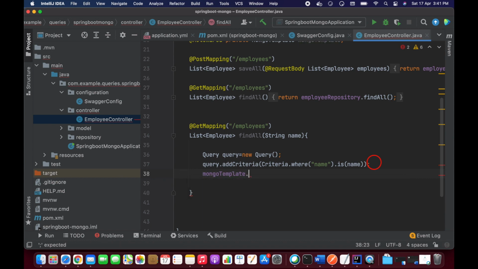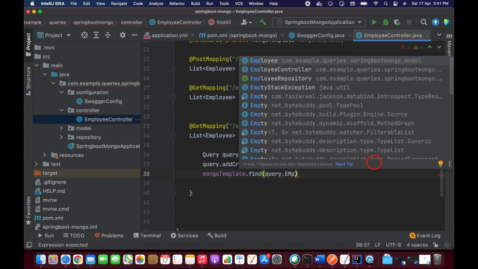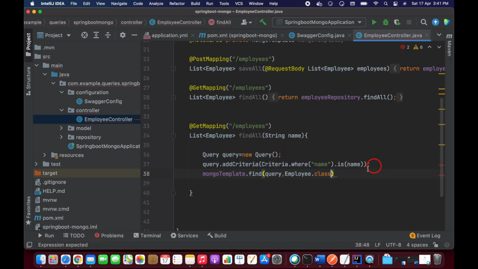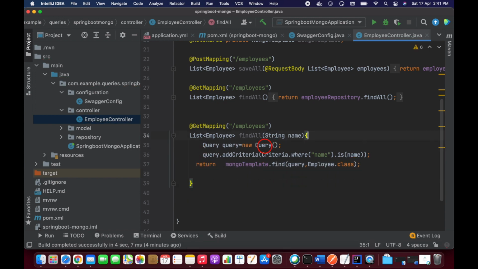MongoTemplate dot, we have a find. Inside this find I'm going to pass the query, and after that our Employee class. That's it. Let's return this. Okay, that's it, guys. And I'm going to pass a path variable here, so let's add the path variable inside this.